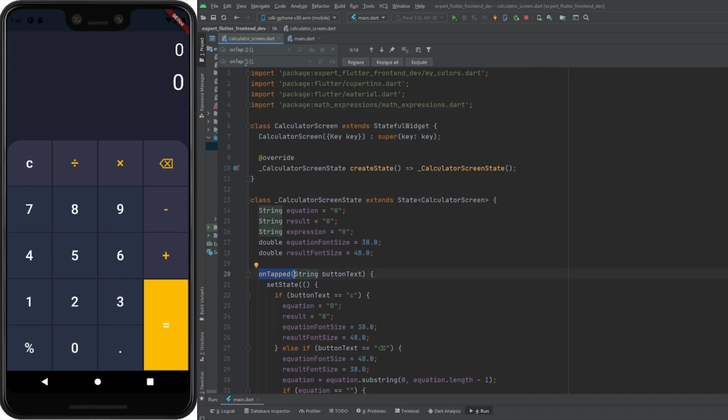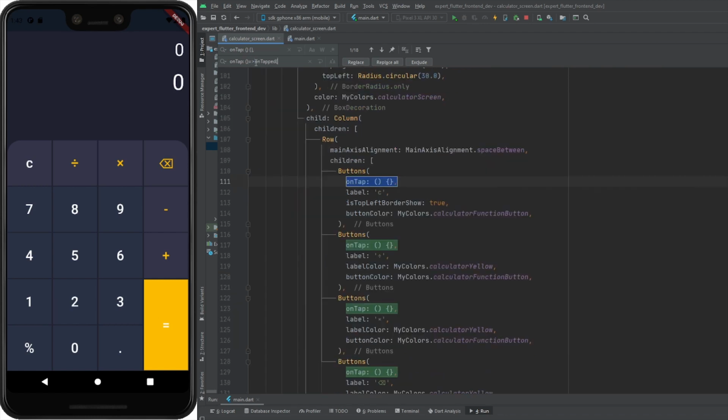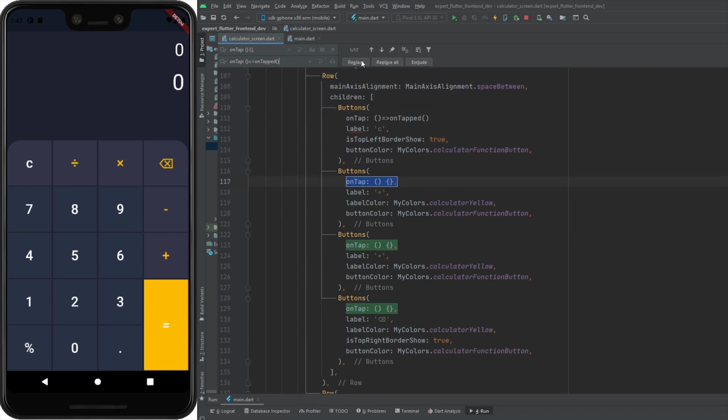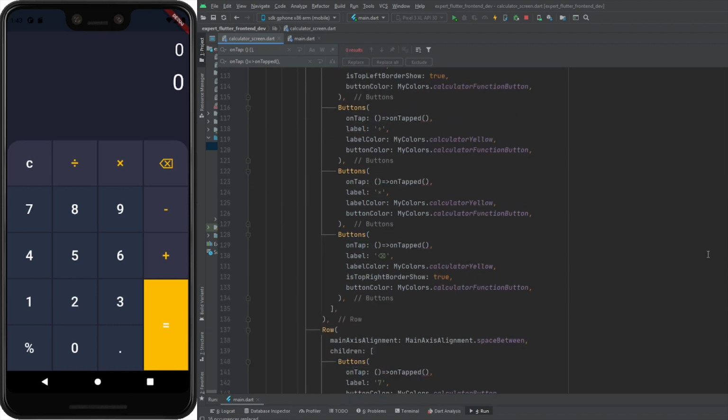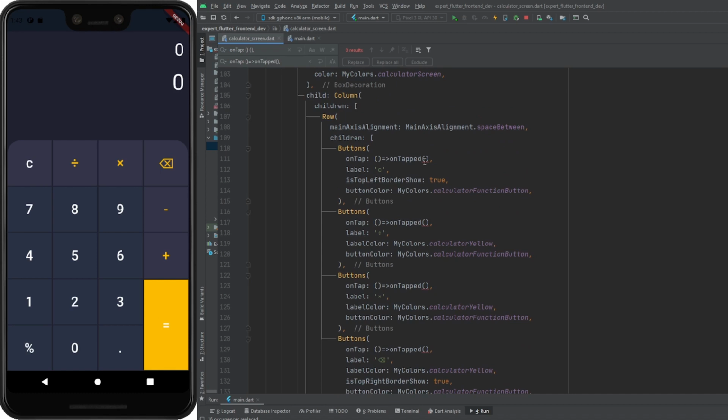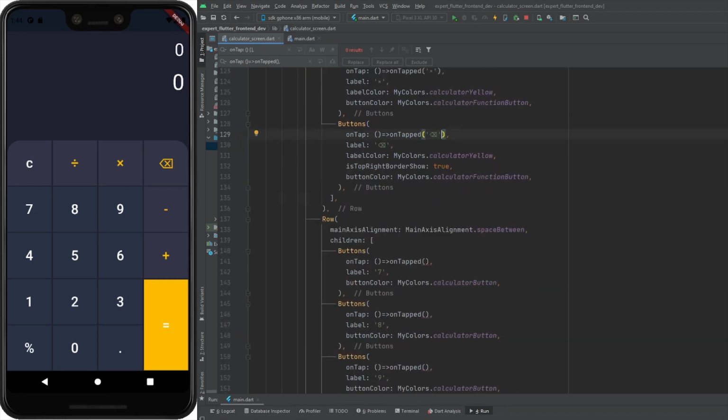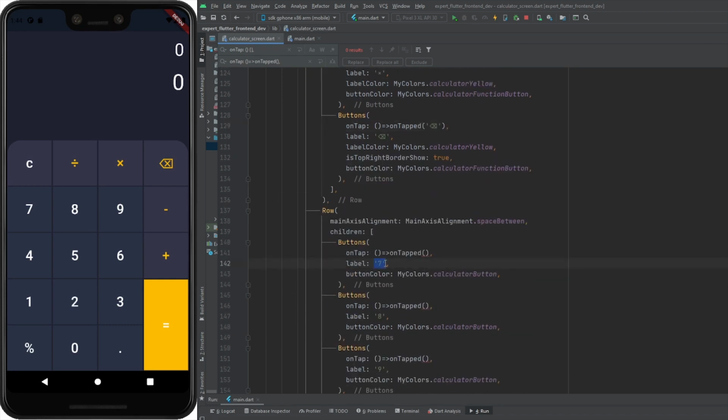And also we need to pass the string value of the actual label value, what the actual button contains as text. So replace all the functions with that, and now we need to set the label text on the button text, but on the button's on tapped button. As a parameter, we need to pass the string value, the label value, on the tapped functions.